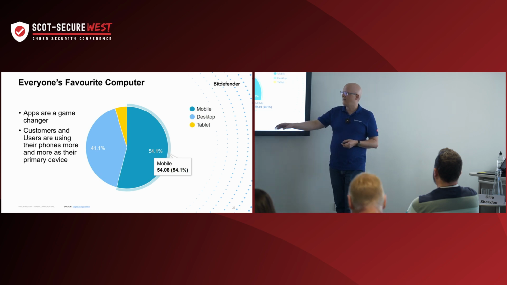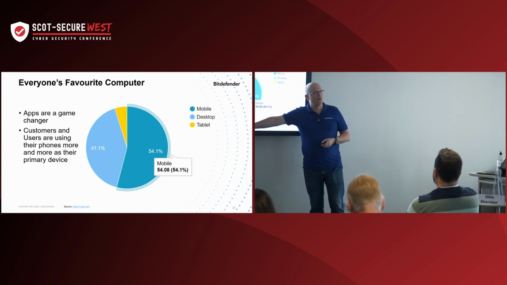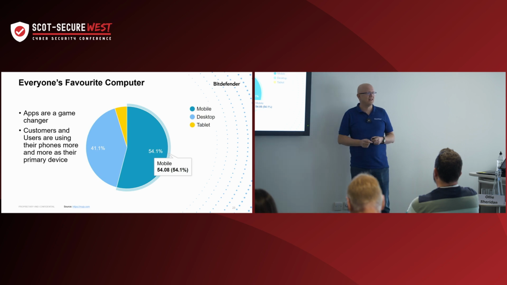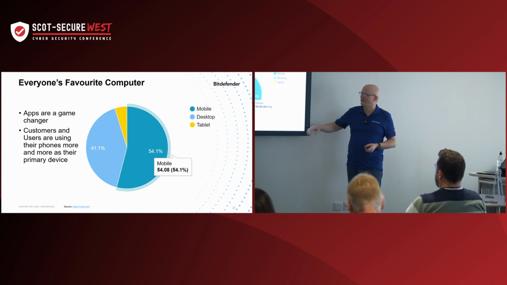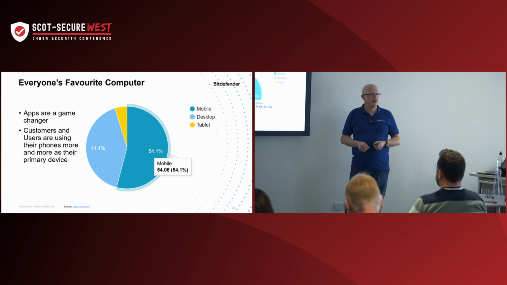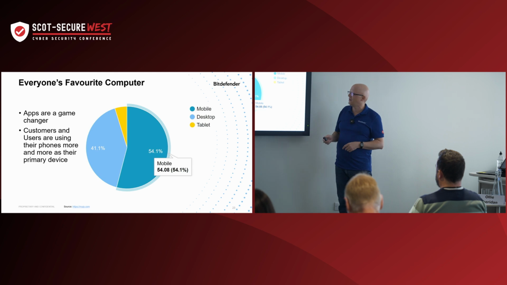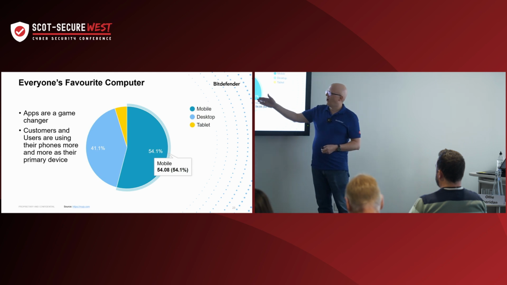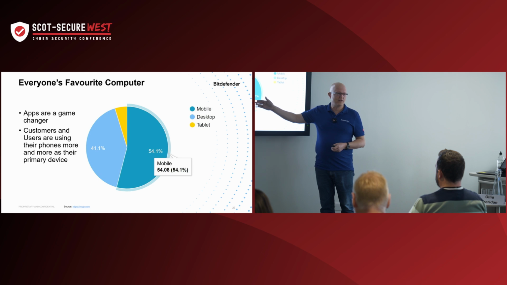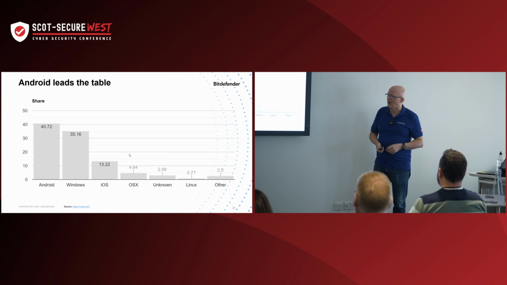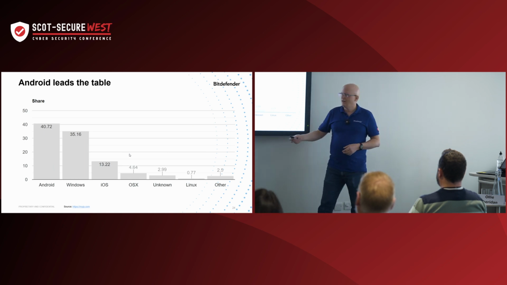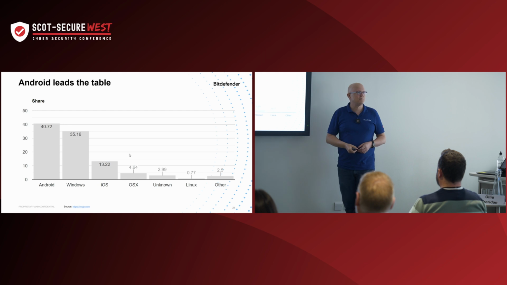This is a stat that I got from a website called myip.com, which is just basically some nerd who's set up a website. I've got a couple myself. But this is actually in line with other industry estimates on what's being used. So, it's not a hard and fast rule. But you can see, mobile leads the amount of internet access with tablet behind. So probably nothing new there. Unsurprisingly, Android is the biggest user.